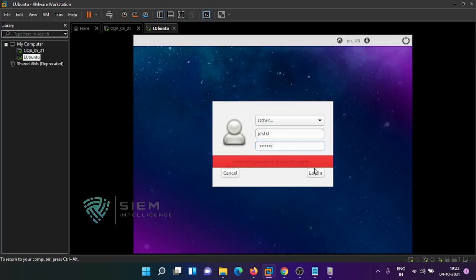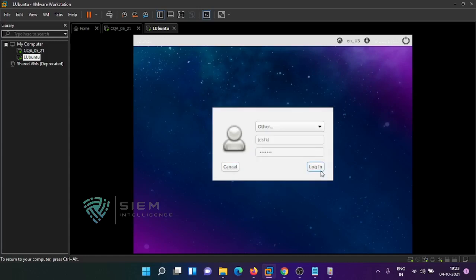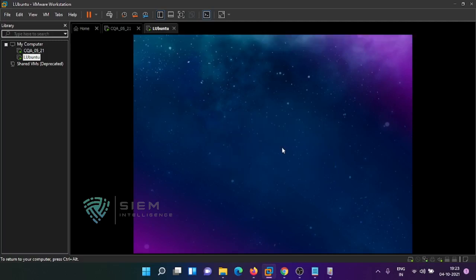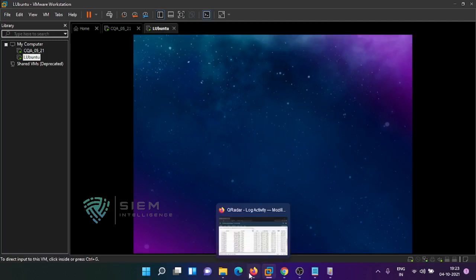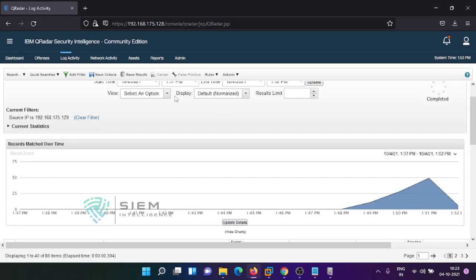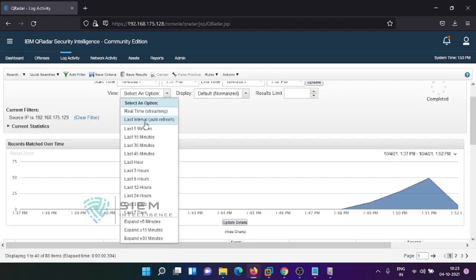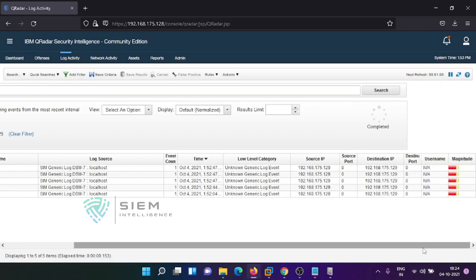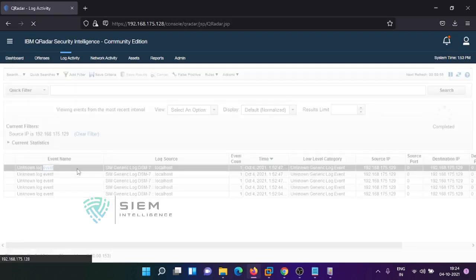This is the easiest log that we can create for any user. Followed by, I'll go back to Ubuntu and type the successful login. I'll go and check the last 5 minutes activity, or the last interval, so we can come to know. Still it is showing unknown only.